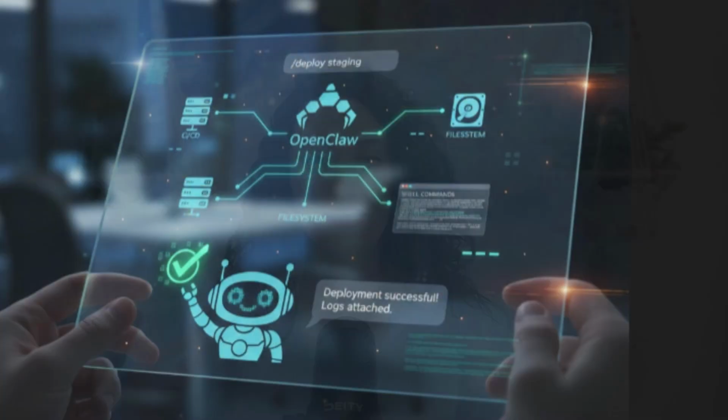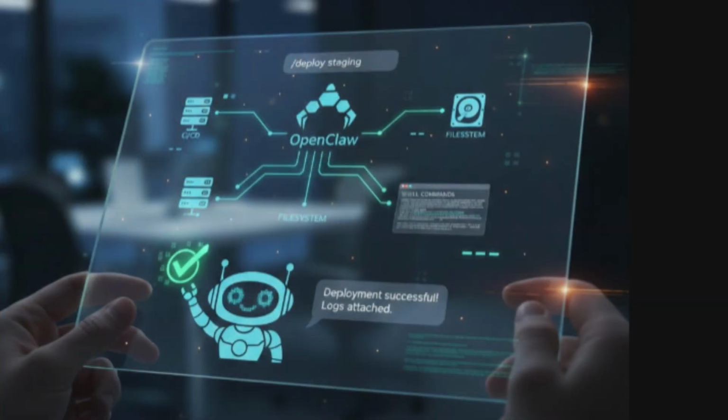So when you type /deploy staging in a group chat, OpenClaw can go and run your deployment script on your CI, access your file systems, run shell commands, and send you the results back like a very eager junior engineer